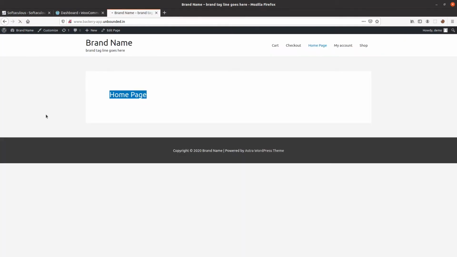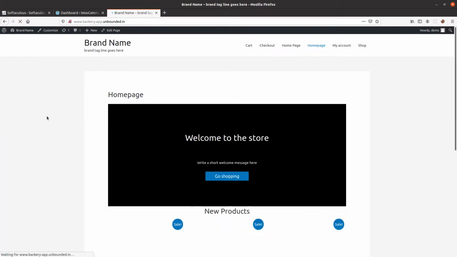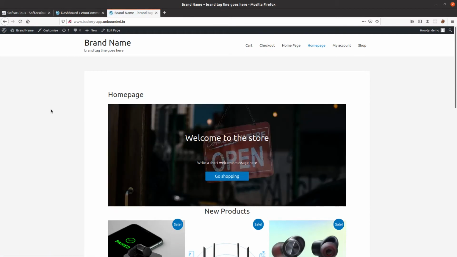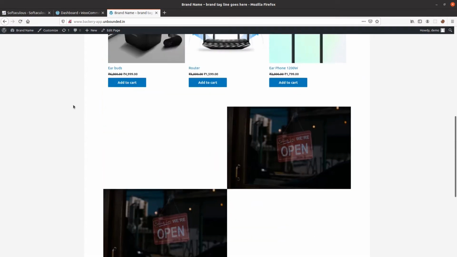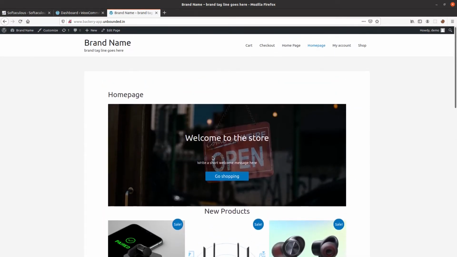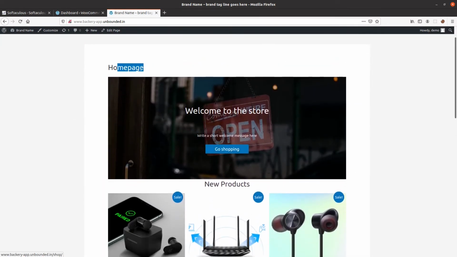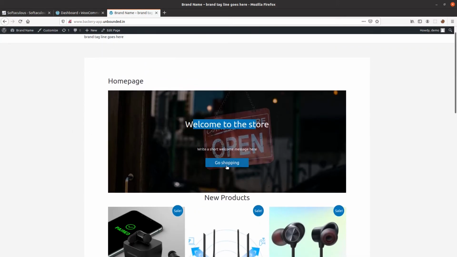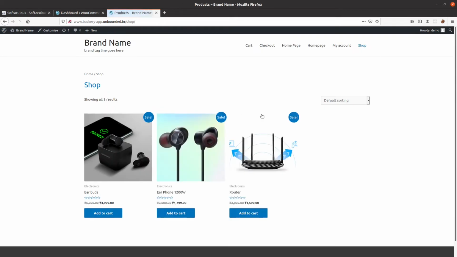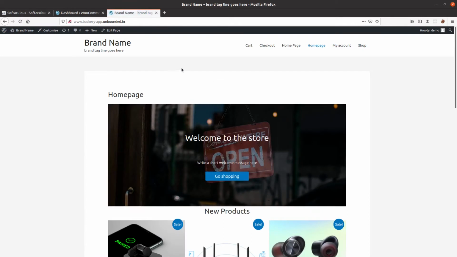Let's see if it is accessible. Wow, that's just a click of a few buttons. We can see the home page has been published successfully. Now on the home page, we can get rid of the text over here. So we can see the web page. The home page has loaded, and all the product listings are shown here. Okay, all right.